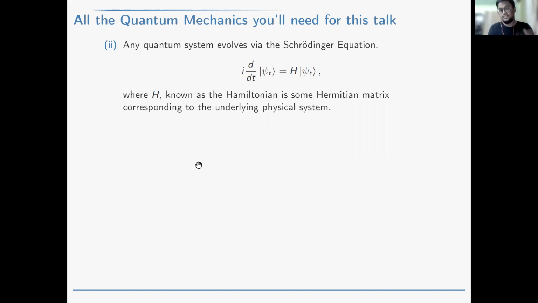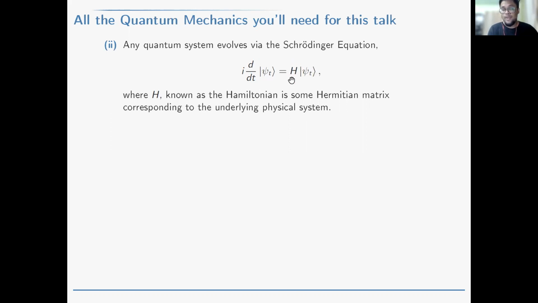Now, what is the corresponding equation in quantum mechanics? Well, that's given by the Schrödinger equation. It's just saying that the evolution of any quantum state psi t is given by the solution to this differential equation. So what does this say? If you have a physical system whose state, as I mentioned previously, is represented by this ket psi t, which is nothing but this column vector that I mentioned, then it evolves according to this